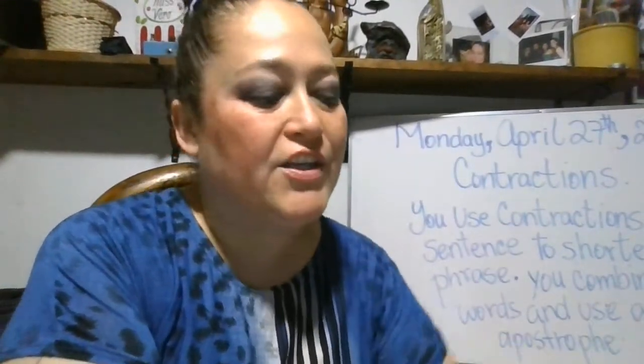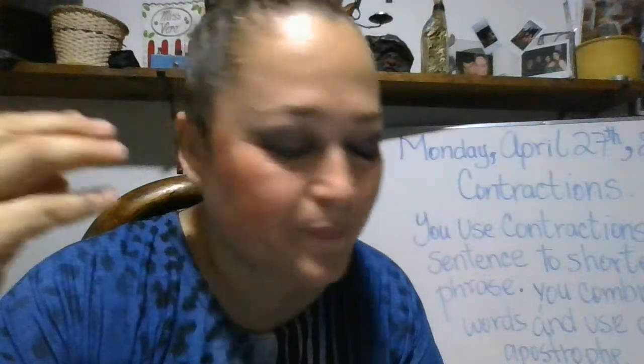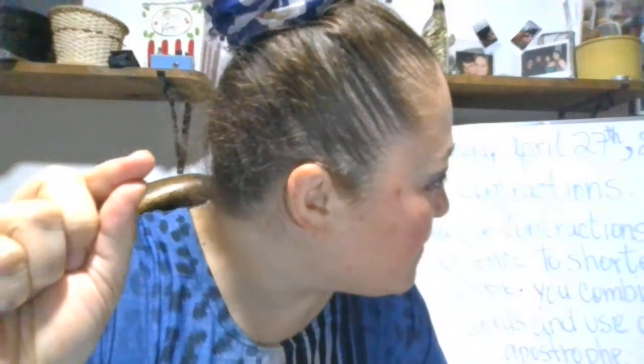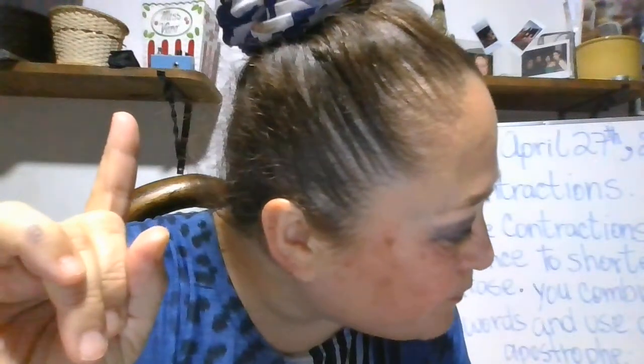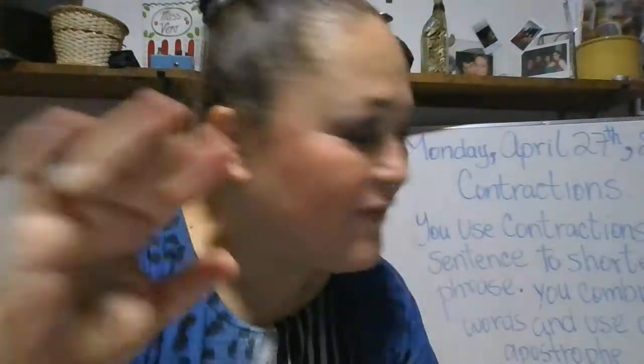I sent you a chart to the platform that you have to paste in your notebooks, guys. It is very useful because there it shows the way you can use a contraction. It is very simple to understand. You combine two words, you shorten them, and you always use an apostrophe, guys. Very easy to understand, and a contraction is when you, I'm going to write an example in the blackboard,